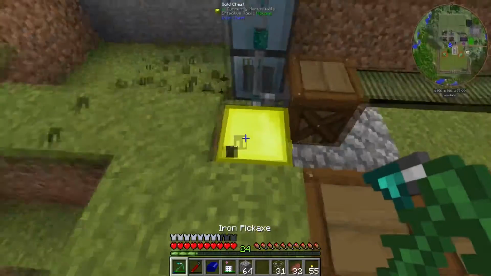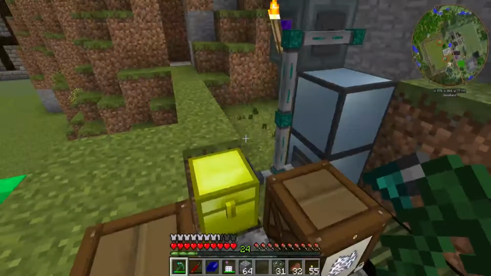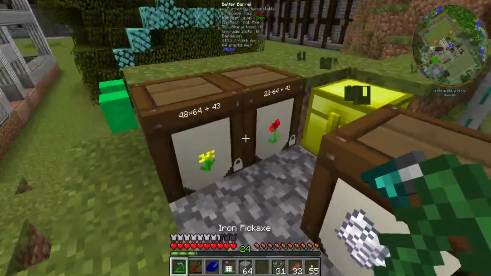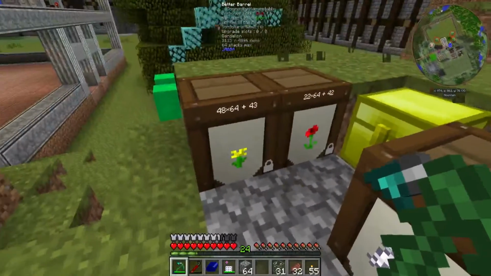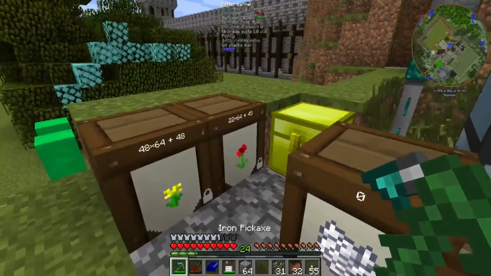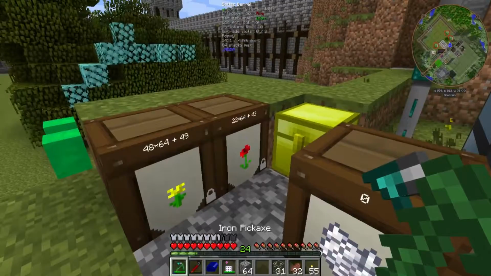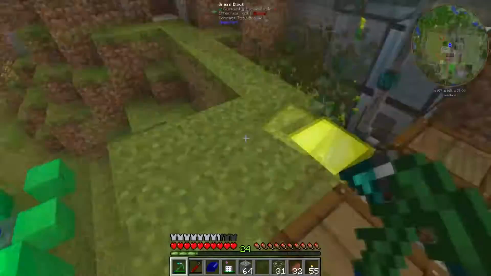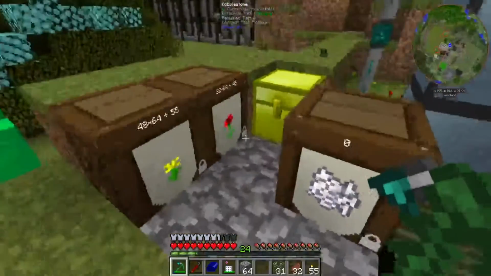There is the downside to it, of course, which is the amount of seeds that it produces, and I will find a use for them at some point. But this is my barrels set up for the different flowers that we get. See, we've got 48 stacks of yellow dandelions, and we've got 22 stacks of poppies. So when it comes to making circuits, we should be okay, because we only need the red to make